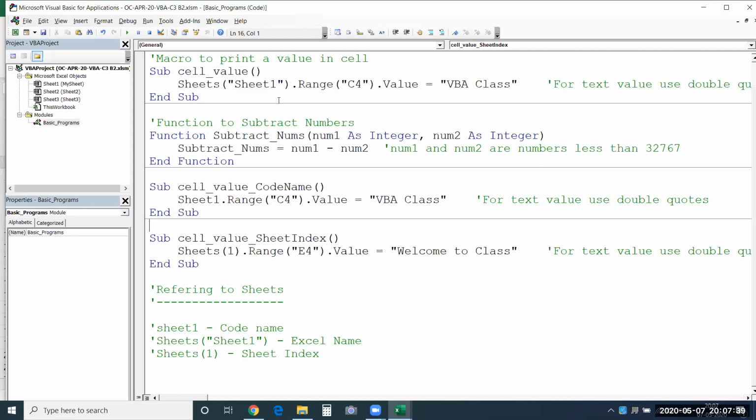It might allow you to execute macros when you have not saved it as macro enabled workbook. But if you want those macros to stay in your file, you need to save it in this manner. So make sure as soon as you open a workbook to write macros, you save it immediately as macro enabled workbook so that you will not forget it. Otherwise you might lose your programs. Anyways, it is going to display some warning message, but if you miss that, your macros will vanish. Did you understand this?